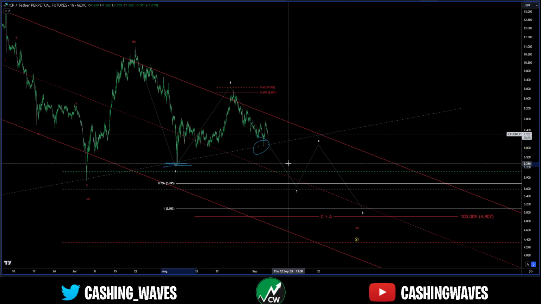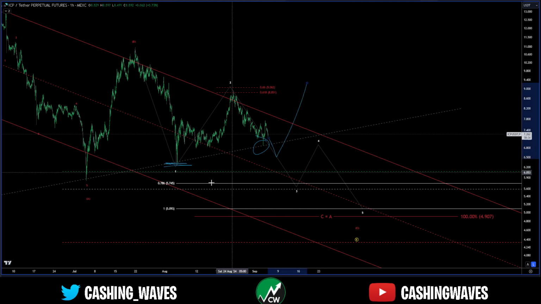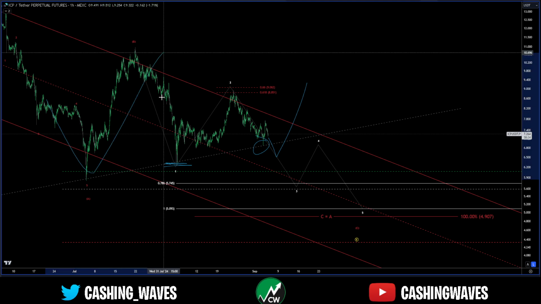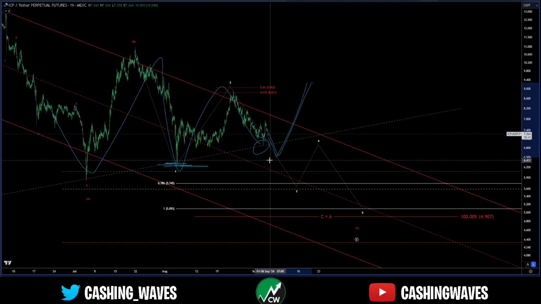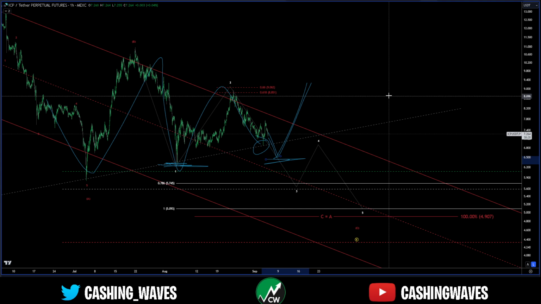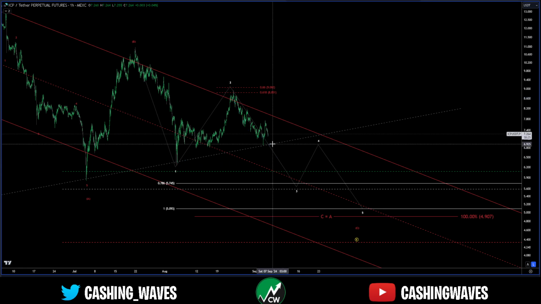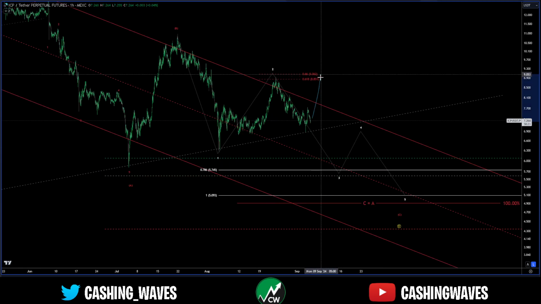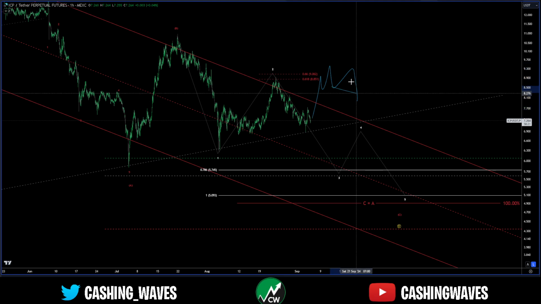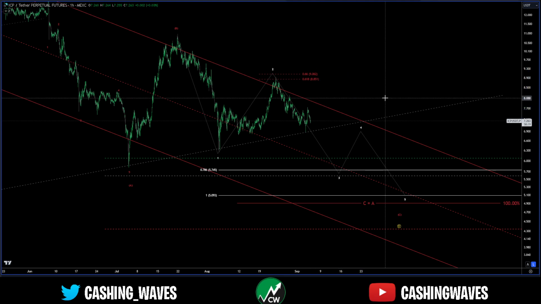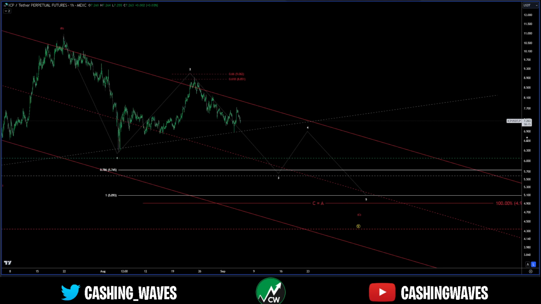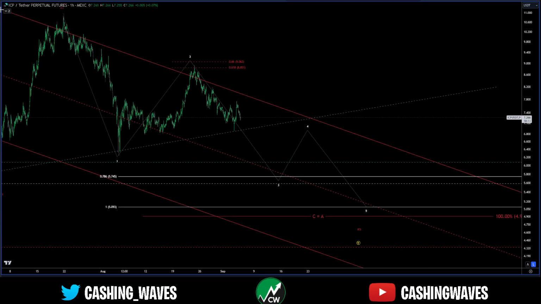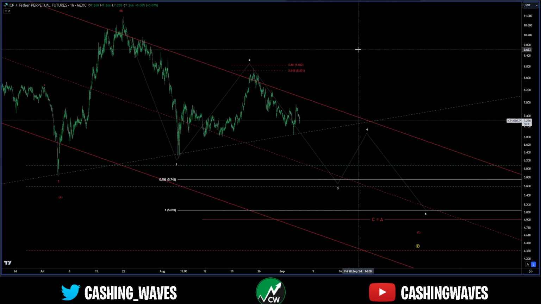But as long as we hold this level, obviously we can come a little bit lower. That would be our C wave, A, B, C, D, E. That would be our C wave, and our count would start from here. But not interested in that, again, until we actually make a 5-wave impulse on the micro. Might be interested in a pullback if we make something like that. This is my primary view. There's a 3-to-1 trade available for myself. You make your own decisions, not financial advice.